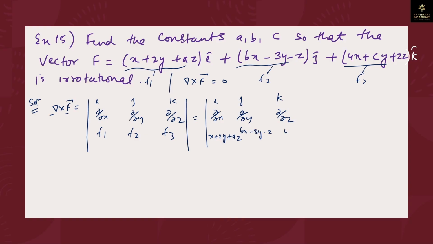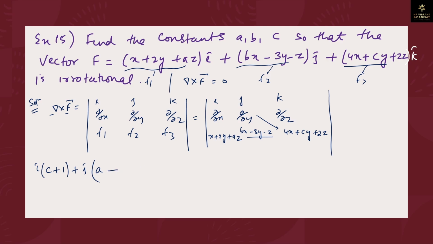And this is 4x plus cy plus 2z. Okay, so let us expand using cross multiplication. So this is equal to i times of del upon del y of this one. So this is c. Okay, and this is del upon del z of this particular expression. So this is plus 1 plus j cap. So this is del upon del z of this one. So this is a,